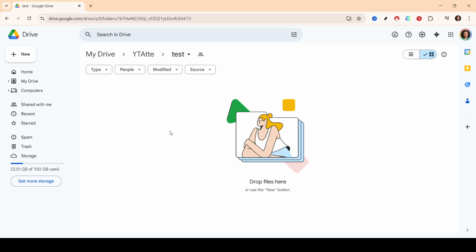Now that you're inside your desired folder, direct your attention to the upper left area of the screen. Here, you'll see a colorful round plus icon or a New button, usually highlighted in blue. This button is your gateway to adding content to your drive. Click on it and a drop-down menu will appear. It's packed with various options for adding new content to your folder, from creating a new Google Doc to uploading